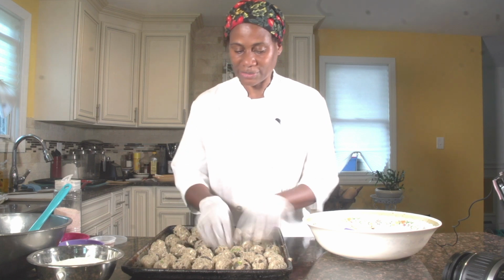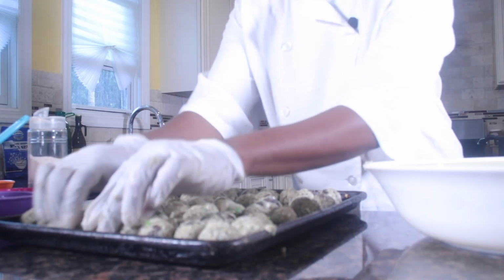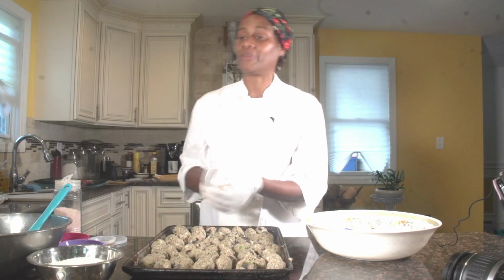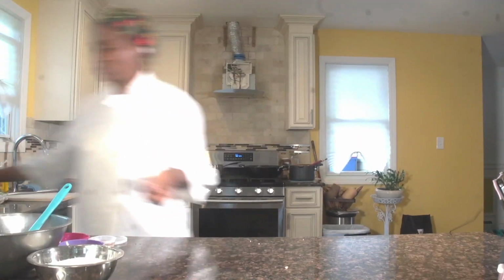And voila, all done. So they're nice to roll, and that's it. Now we're going to just put them in the oven and let this bake for about 45 minutes. And then our eggplant meatballs are ready to go. You could then put them in a sauce, or you could put them on the side. You could even make small appetizers with them, and that's it. Now we're going to move on to